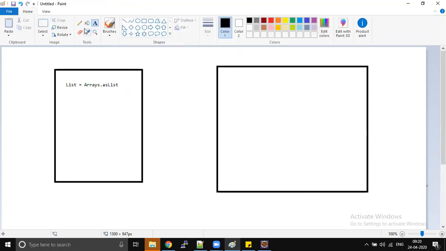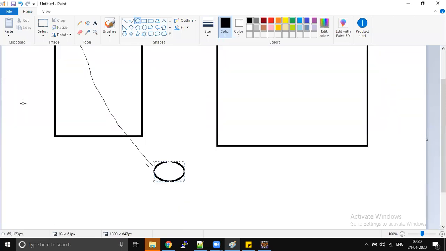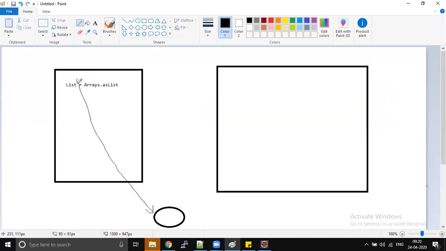So here is a list L, let's assume this is L. This L will be pointing to an object. So we created an object, which is pointed to by L. Whenever you are passing this variable into a different class as a method argument, for example,